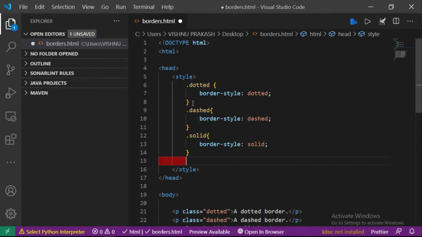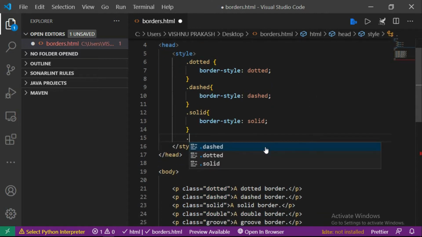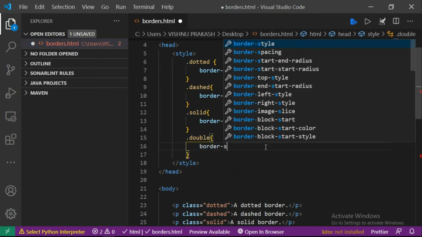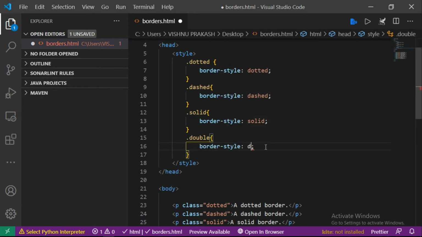Next, after solid, we have double. In the double class we make the border style double.